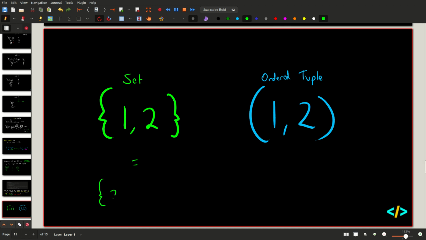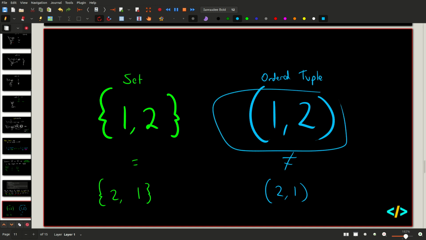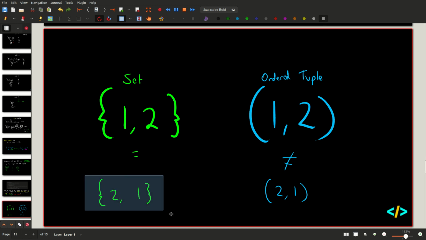In a set, 1, 2 is the same as the set 2, 1. The order doesn't matter. Whereas in an ordered tuple, the tuple 1, 2 is not the same as the tuple 2, 1, because they're a different order. We want to preserve the order in a tuple, whereas in a set we don't need to. So